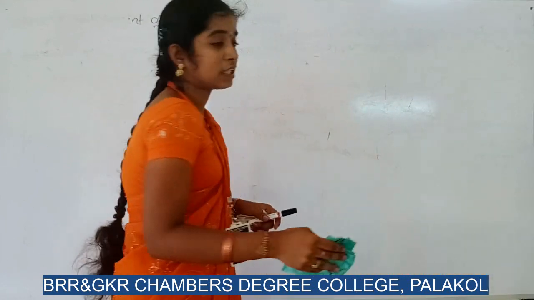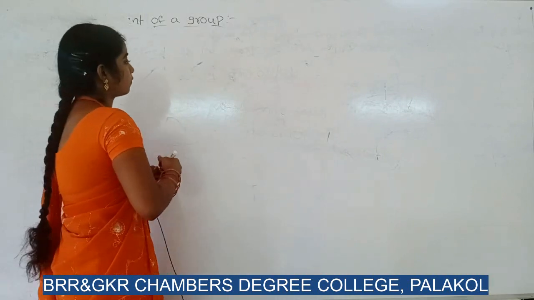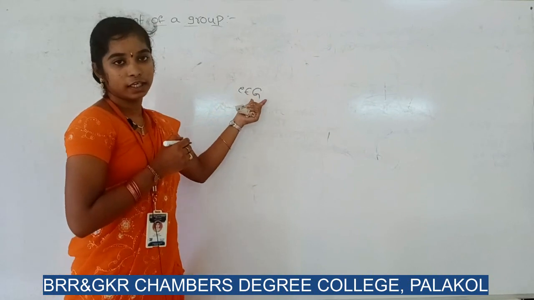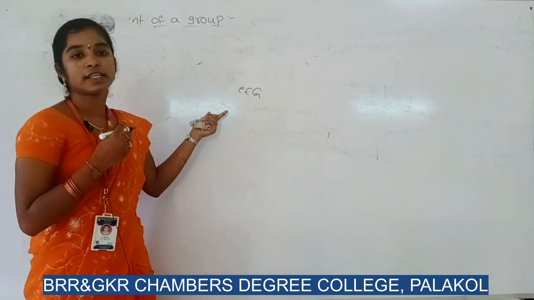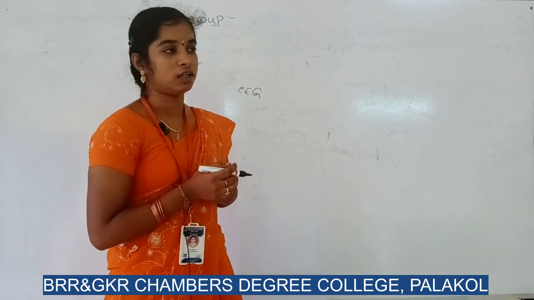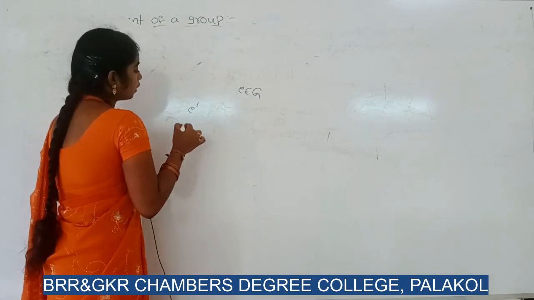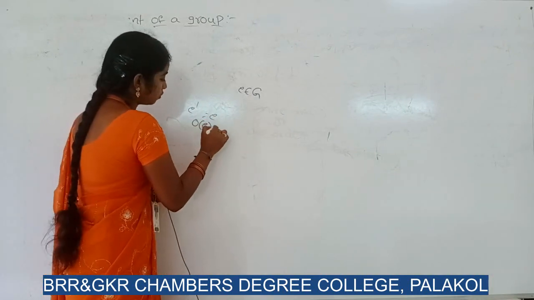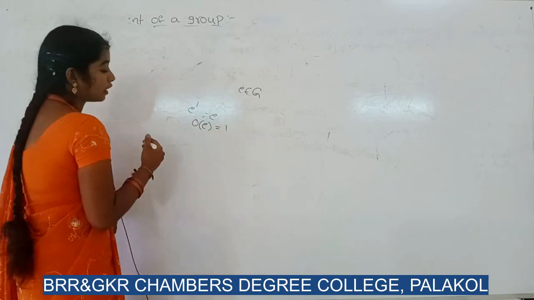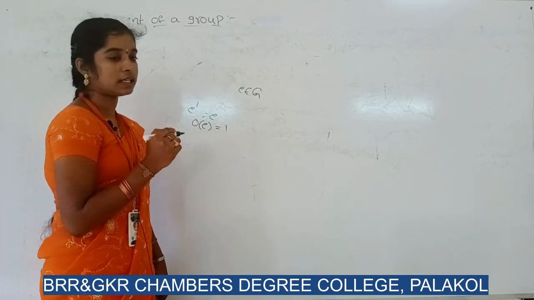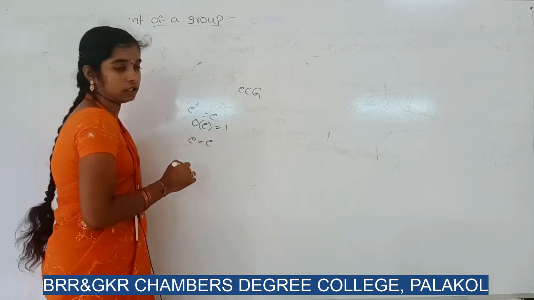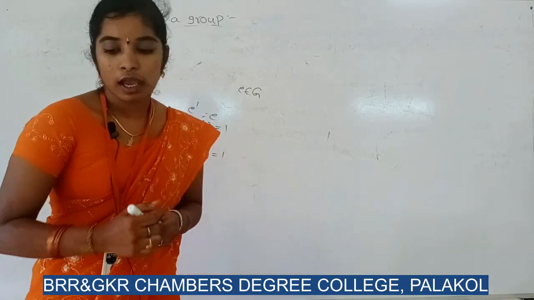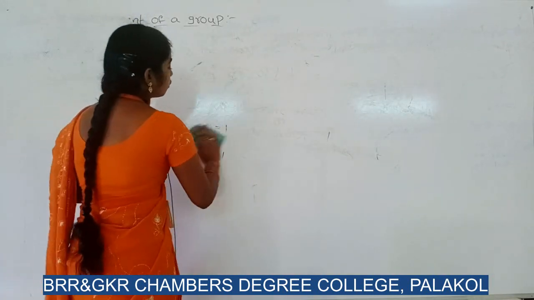One more thing, keep in mind that if E belongs to Z, meaning the identity element, the order of an identity element in any group will always be equal to 1. In multiplicative notation, E multiplied only once should get E. So order of E equal to 1. In an additive group, if we add only a single time, E equals E. So order of E equal to 1. So the order of an identity element in any group will always be equal to 1.